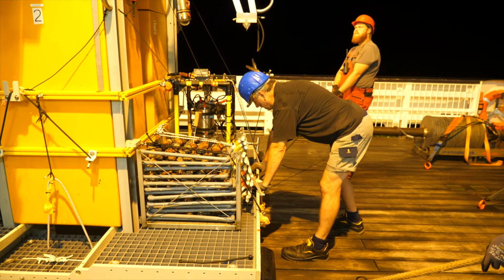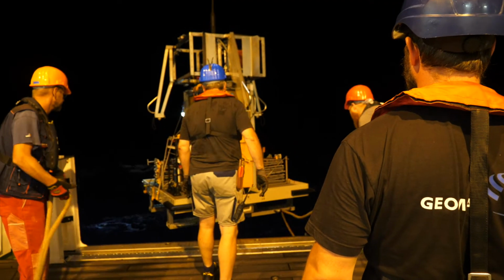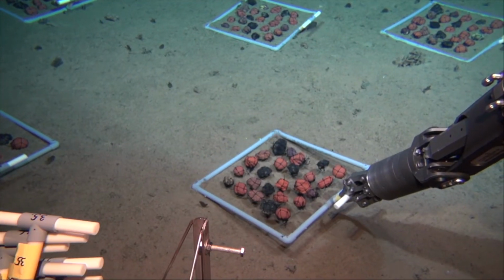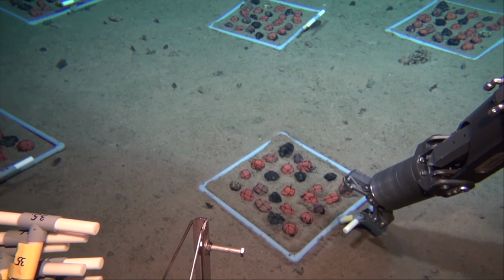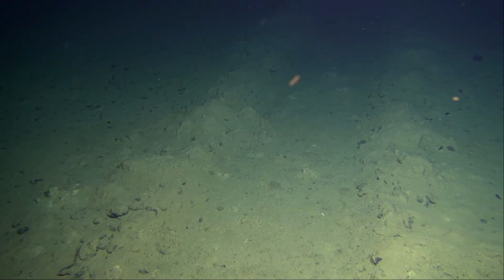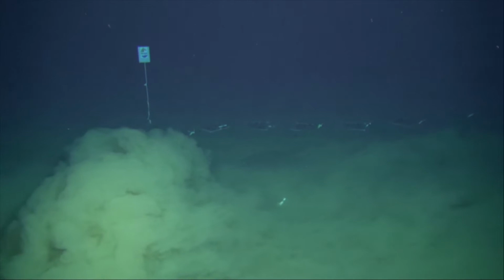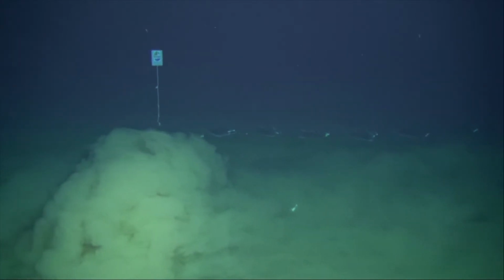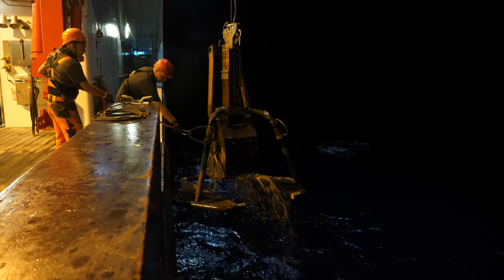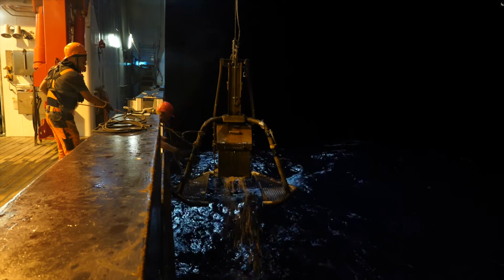The frames are deployed on an elevator in cages, and they are distributed across the seabed using a remotely operated vehicle, or an ROV. We made a dredge impact. This is the main point of the experiment. We've laid 27 frames down in the tracks of the dredge impact, and we're using box cores to collect nodules